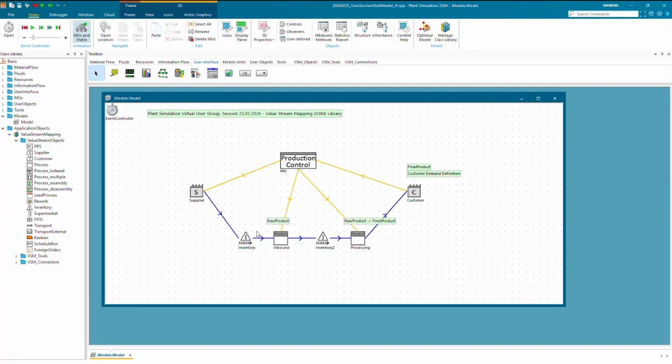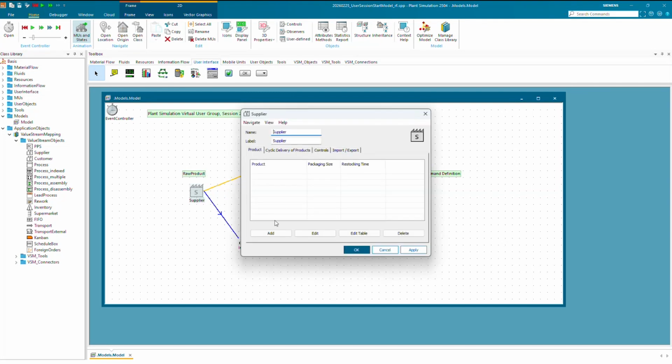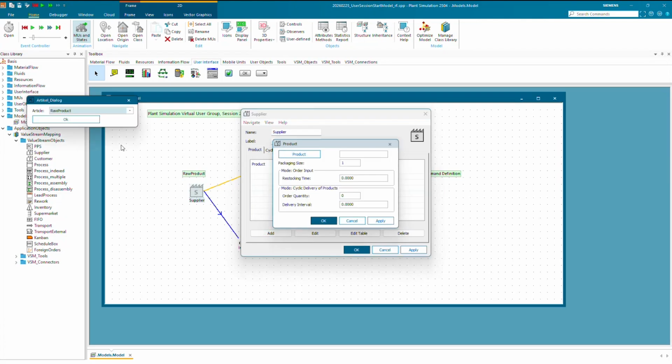All right, so we have a product right here, and then we would assign the product until the supplier, where we also just need to define the product, which would here now be the same. So it's always the same mechanism. You have a product table, you open it up, you can select a predefined product within this table.